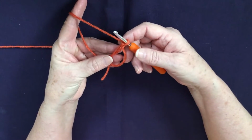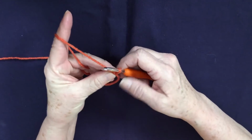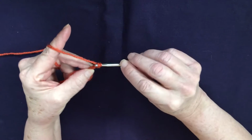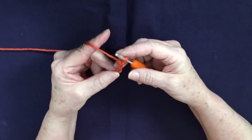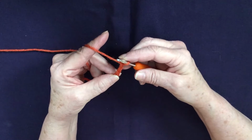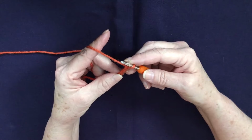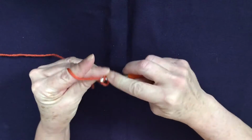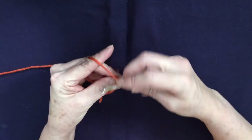Now that you have your magic circle, put the tail on this end so that your thumb and finger can hold on to it, and you're going to chain 3. And that counts as your first double crochet. And you will need a total of 12 double crochets, or 11 double crochets in your chain. So you yarn over and you come through, and so that is 2,